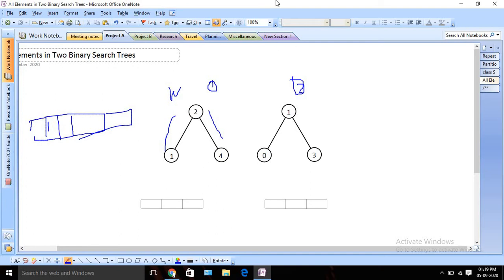Okay, so what we can do is, first we will take two lists. This is list 1 and this is list 2, and we are going to traverse all the nodes, right? So if I traverse all the nodes, it will be like this. We will do inorder traversal. That means at first we will consider the left node, then we go back to the root node, then again we consider the right node. So that will give us list 1 for the first tree in sorted order, right? So it should be 1, then 2, then 4. Similarly, if you traverse the second tree in order, 0 will come first, then 1, then 3.